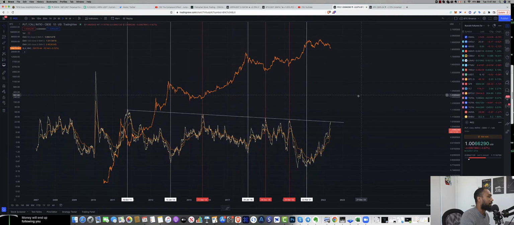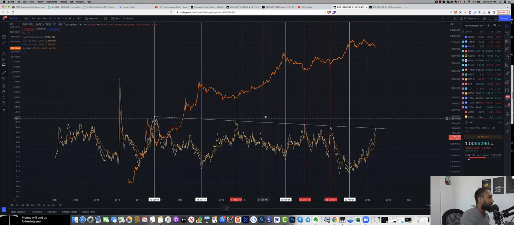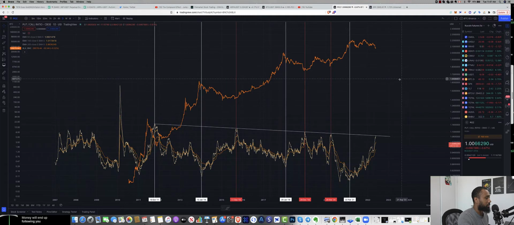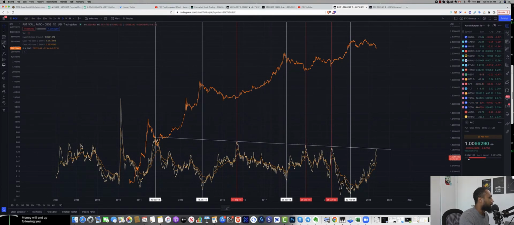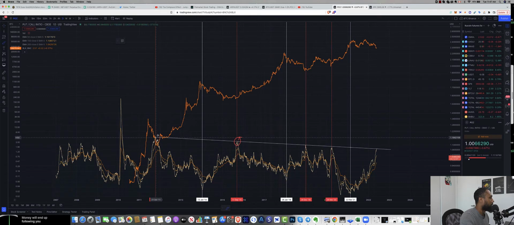So what I wanted to bring up here, guys, not to play devil's advocate, is the put to call ratio lined up against BLX, so Bitcoin. And what I wanted to show you guys here was anytime we've reached the top of this trend line, which you can see I have in red, and this was the beginning, anytime we've gotten to the top of this trend line, we've had a nice rally, not maybe immediately, but we've had a nice rally.